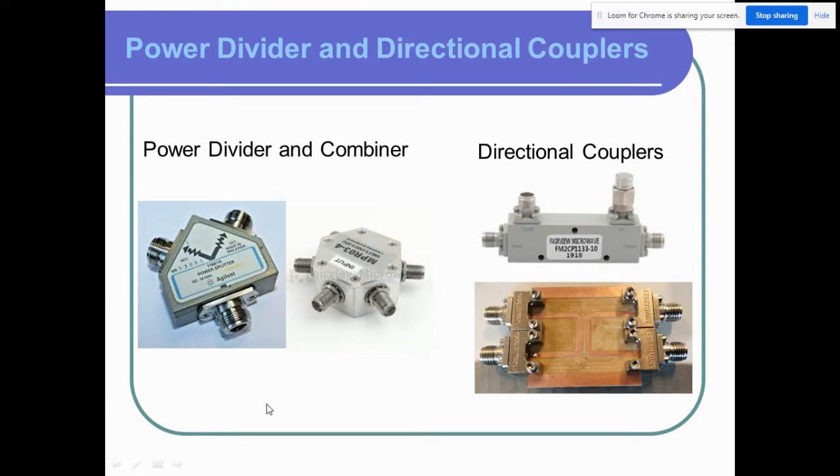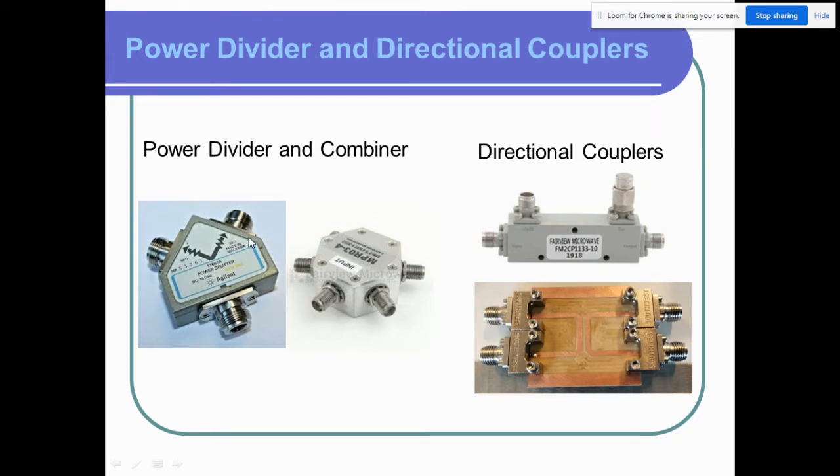This power divider actually takes one input and divides it into two. I don't think we can see the rating here. Usually they are 6 dB or 3 dB couplers, dividers and combiners. If we say it's a 3 dB divider, then the power input, let's say you give 1 watt here, is split into two, half a watt and half a watt. So 3 dB